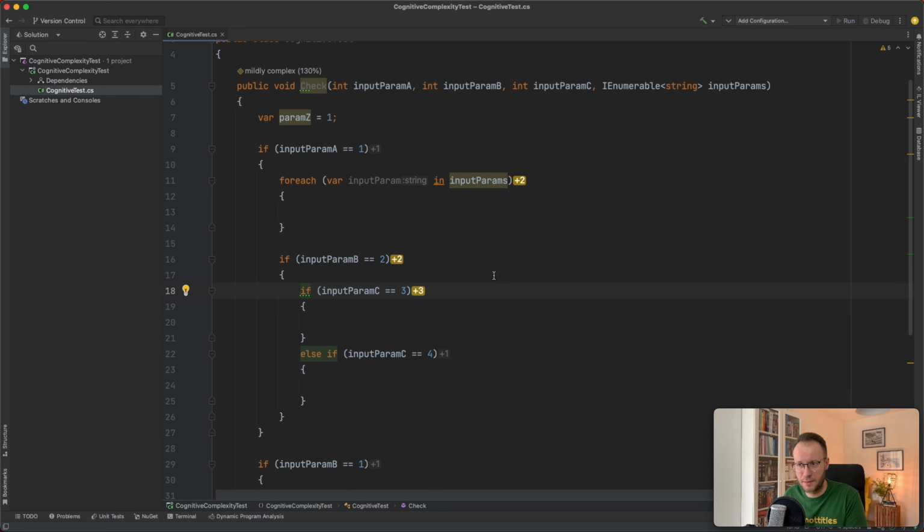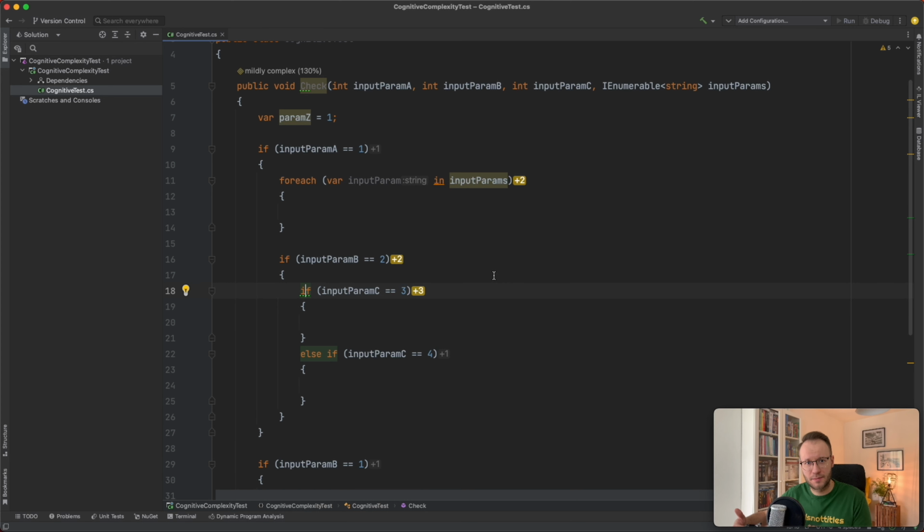So maybe it makes sense to split the logic of it between different classes, because they are doing things which are completely unrelated. Of course, with our example here, this is just a plain check method, and this is for testing purposes, so there is no business logic or anything around. But normally in your application, there might be a chance that if you spot this cognitive complexity, which is quite